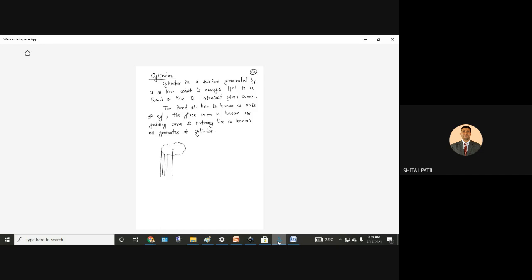These lines, like this. On the back side also we'll get the line. I'm drawing them as dotted lines. And then again we'll get the same surface. This is the cylinder. This is the generator. The line which is passing exactly through the center, not on the surface of the cylinder, is known as the axis. And this is the guiding curve.